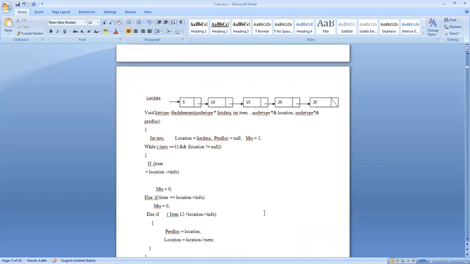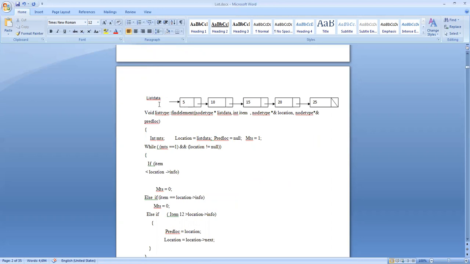So what is our idea? My new node will be here. In this new node, I will have the least value that I am going to insert. And from the new node, I should make a connection to the current first node of the list. The first node is pointed to by list data.